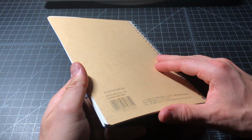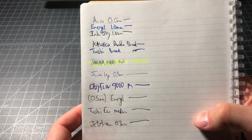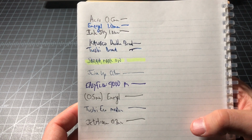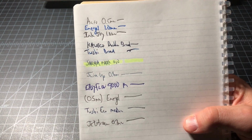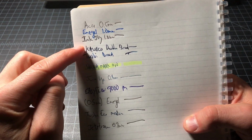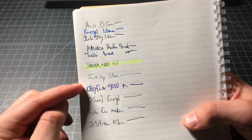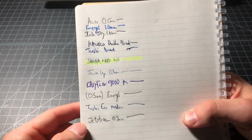I wanted to cover the paper, so I did a couple writing samples. And I just ran through a couple different pens. So like Acro, which is like a Jetstream, some Energel, Inkjoy. These are just some of the common applications. Some fountain pens. Here's a highlighter if you're into that sort of thing. Easy Flow, Energel, another fountain pen, Jetstream. So just some of the common ones. And I'll put this down,